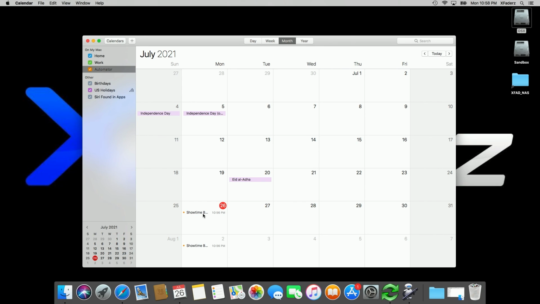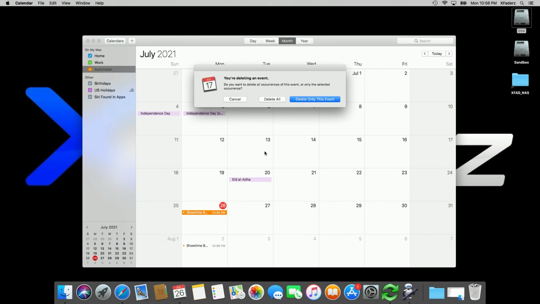And like with any calendar event, you have the option to delete it. So if you find that this is not working out for you, you can definitely just click on it and hit delete. You will have to go through the Automator process again, but I think you should be comfortable with that process going forward. And here they just give me the option to delete all events, so just delete this